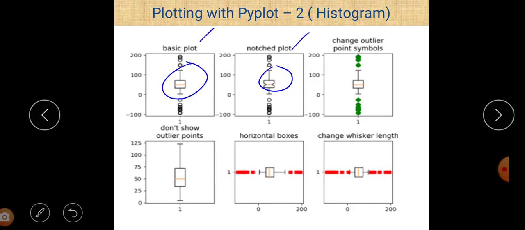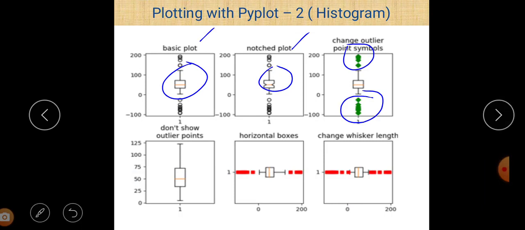And in the third case, we actually change the outlier point symbols. So here you can easily see that this is another representation of a box plot. In case number 4, we don't show outlier points, so there are no outlier points here.